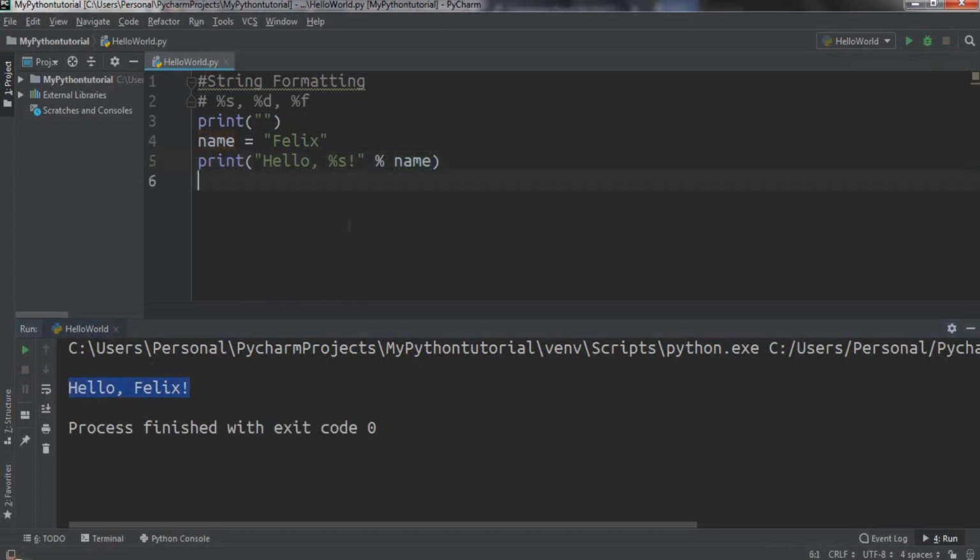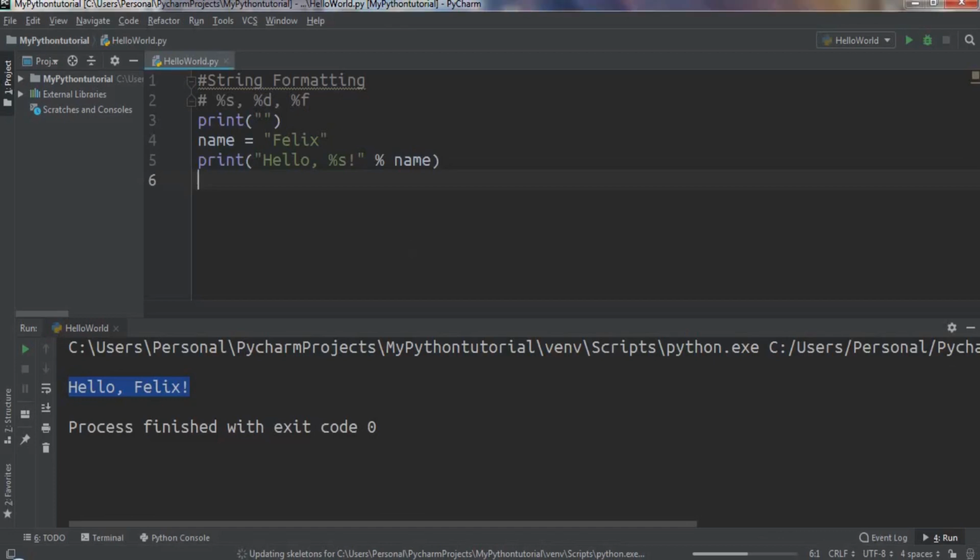We use the modulo operator to call the value of string to the variable called name. To use two or more argument specifiers, use the tuple or parentheses in creating a program. Just for example,